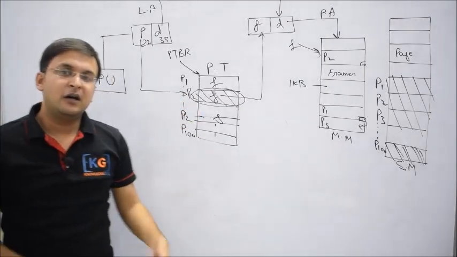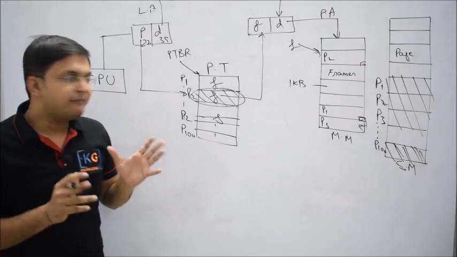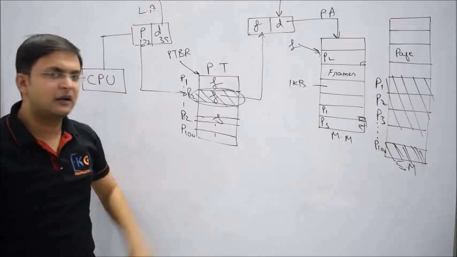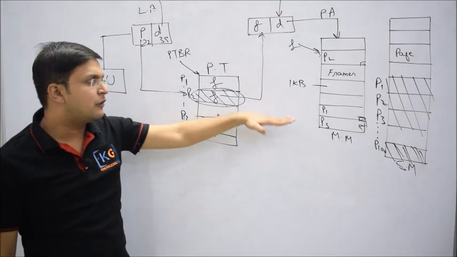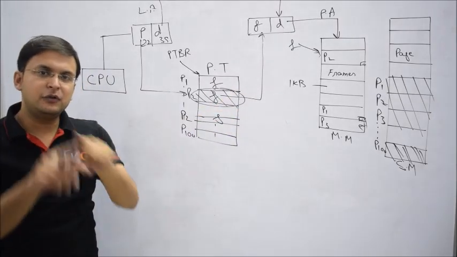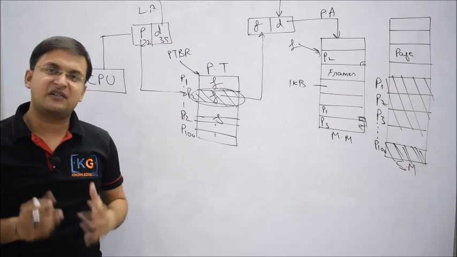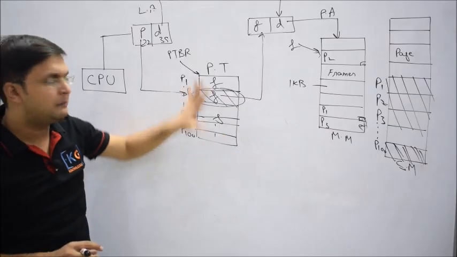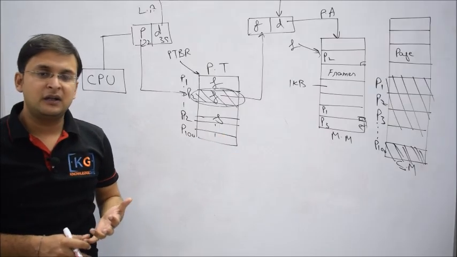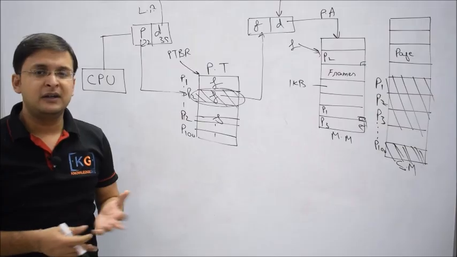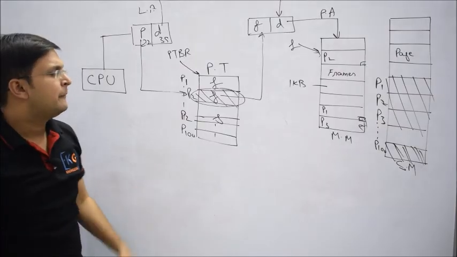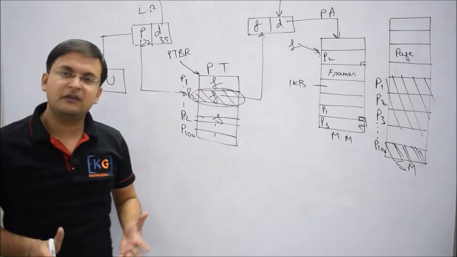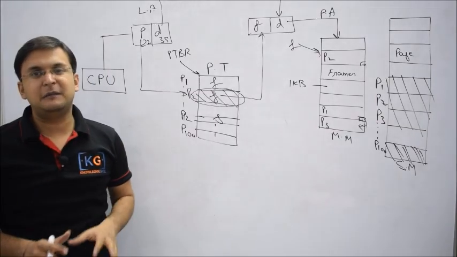Now first, in the next video I'll upload some basic numericals, like how to do basic calculations on this framework, and then I'll tell you how to improve this access time. So we use independent hardware called TLB, or translation lookaside buffer, and then there will be a number of concepts in paging. That is only the basic framework. Now what is multi-level paging, what is inverted paging, what is an inverted page table? There are a number of concepts, and then one more topic is what? Segmentation. And then actually your operating system nowadays uses both. They use segmentation with paging.